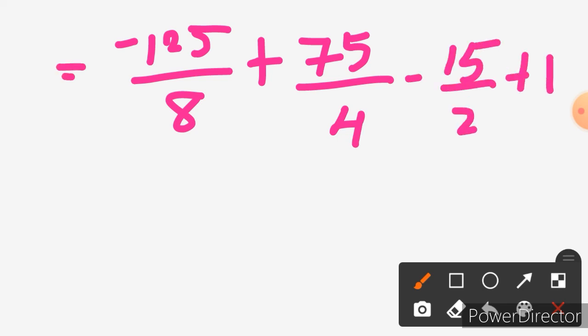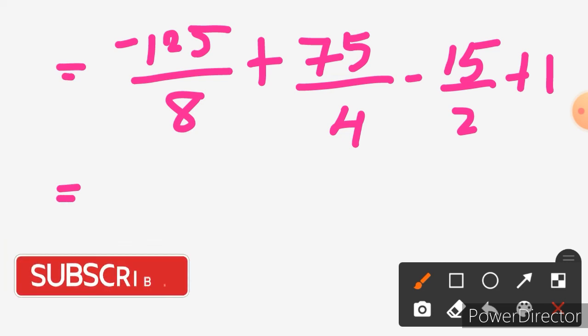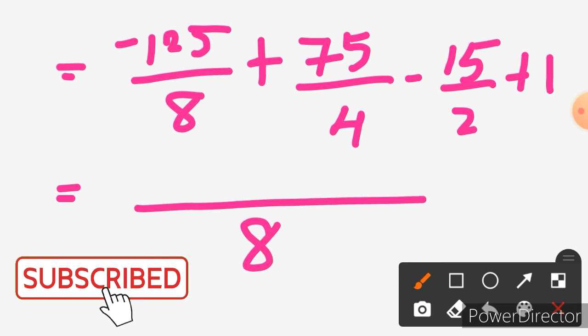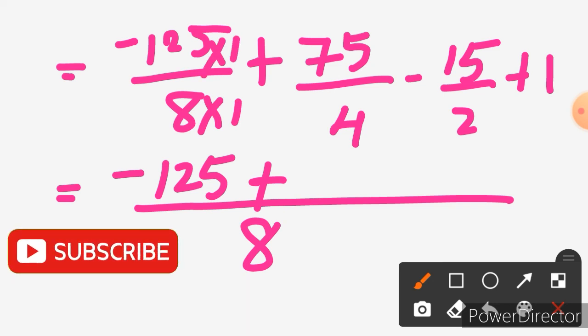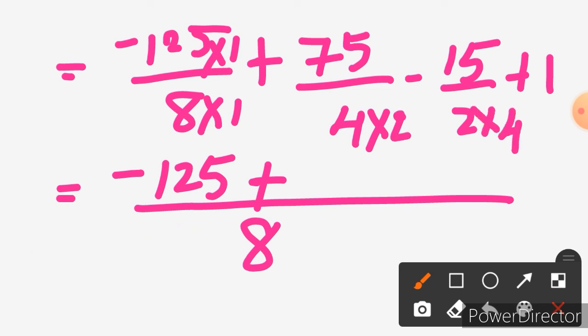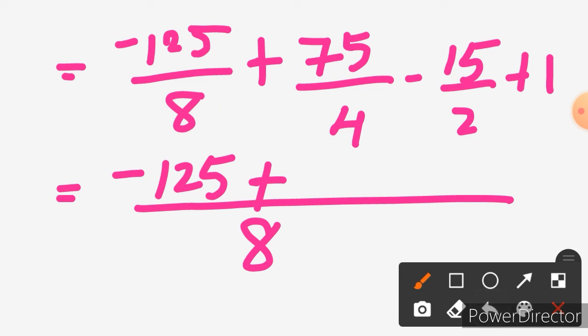When you simplify this, what is the LCM here? 8, correct? So 8 is the LCM. Minus 125 plus, what I did is I multiplied in order to make the denominator the LCM number. What should I multiply to 4 in order to get 8? 2 I should multiply. The same you should multiply to the numerator also. It may be a bit confusing for you guys, that is why I am not multiplying in full, I just showed it now. I hope you already know how to solve LCM problems. Those who don't know, just follow the previous step that I showed you now.